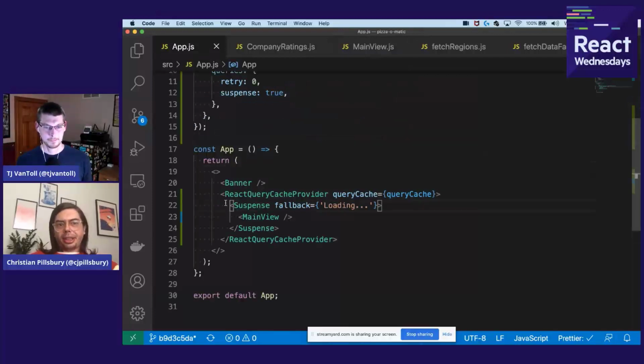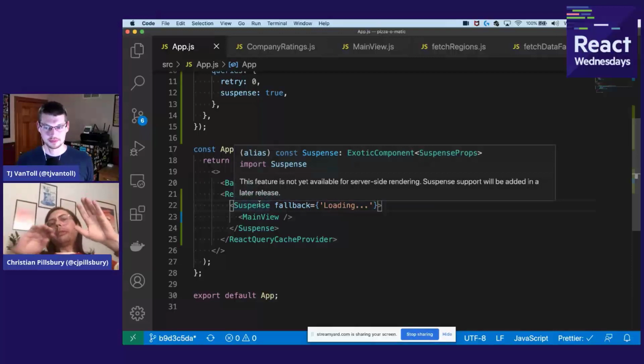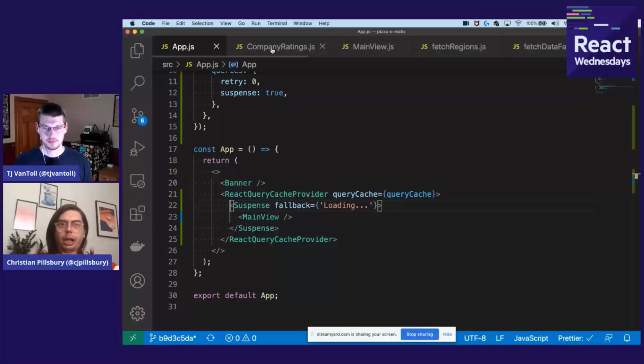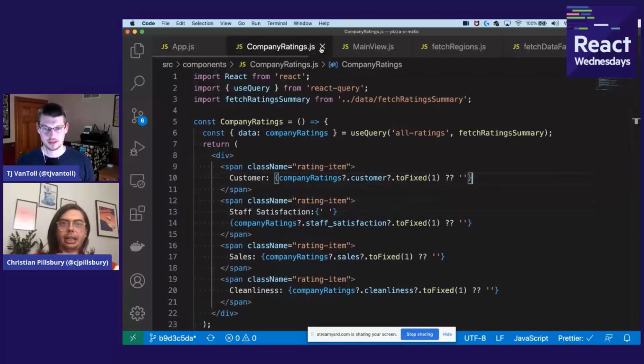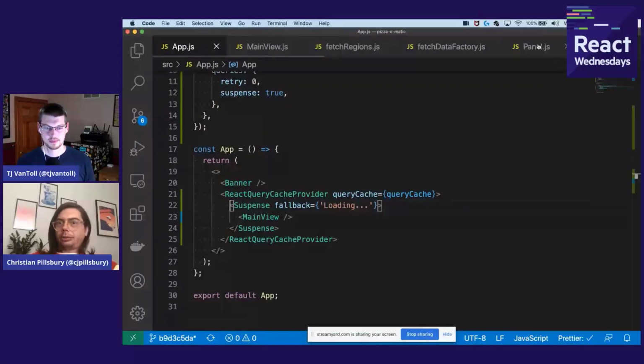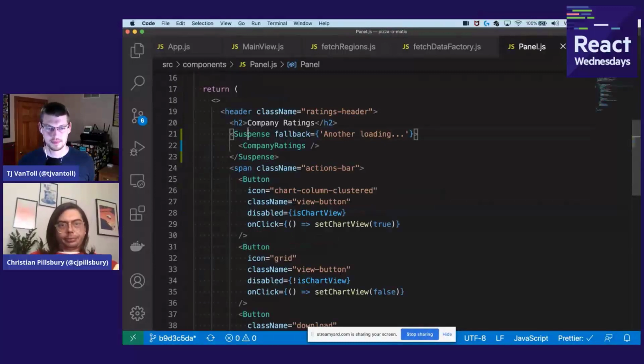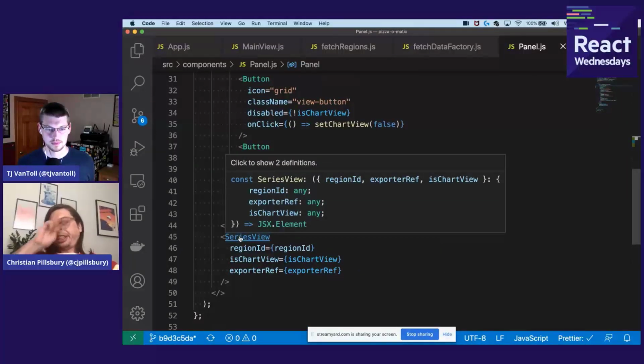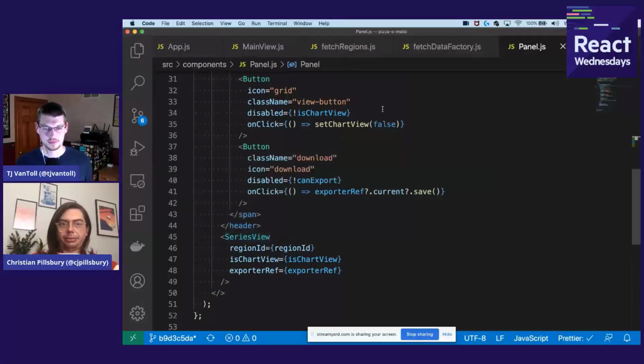Yeah, so I mean, we've already got something that will catch any suspended things. It's just right now, it's only going to catch it at wherever its ancestor suspense is. So we've got two in place right now. One wrapping this in our panel right here, right? Yep. And one at the top level. So the only other place we really need to do it is here. And the reason we only need to do it one other place is because this series view is either going to be,